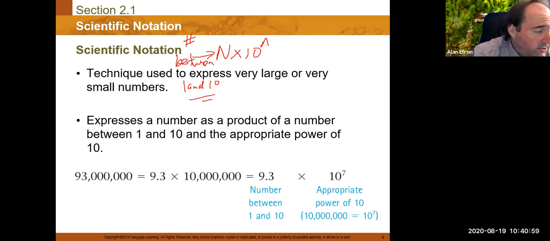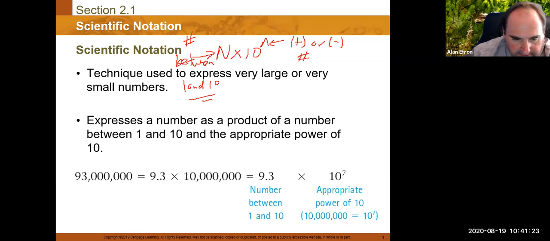So not 10, not 20, not 30, but basically a number between 1 and 10. And times 10 to the little n is either a positive or negative whole number, depending on which way you move the decimal point to convert something into scientific notation. So for example, here